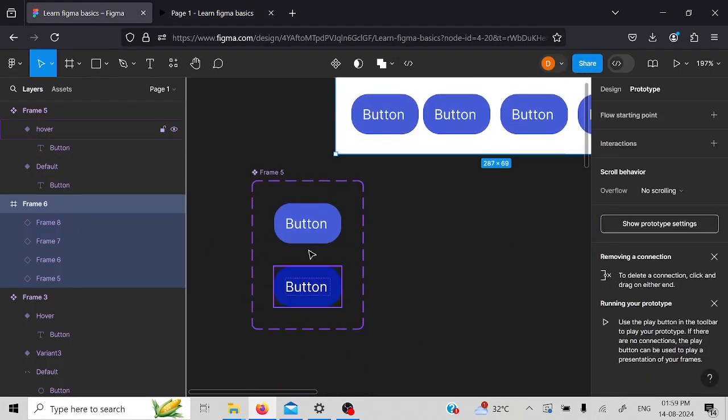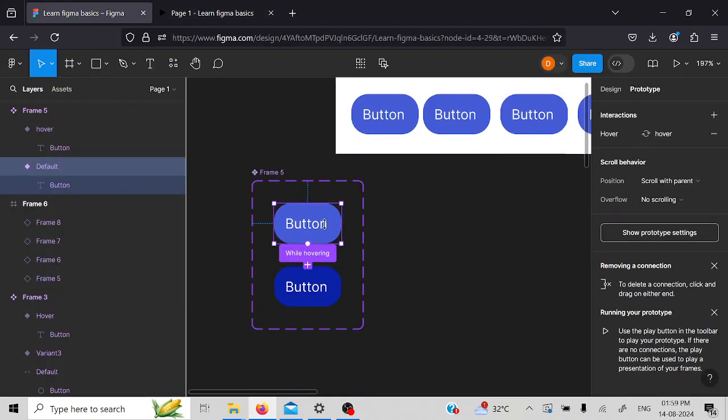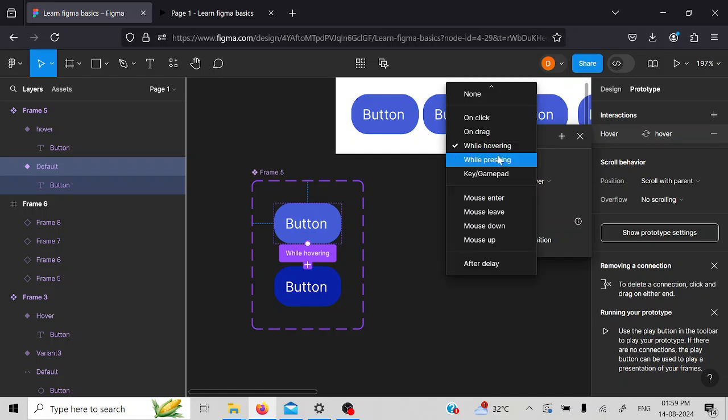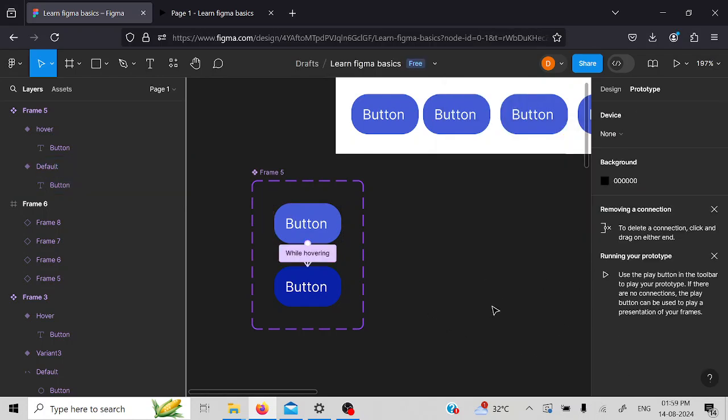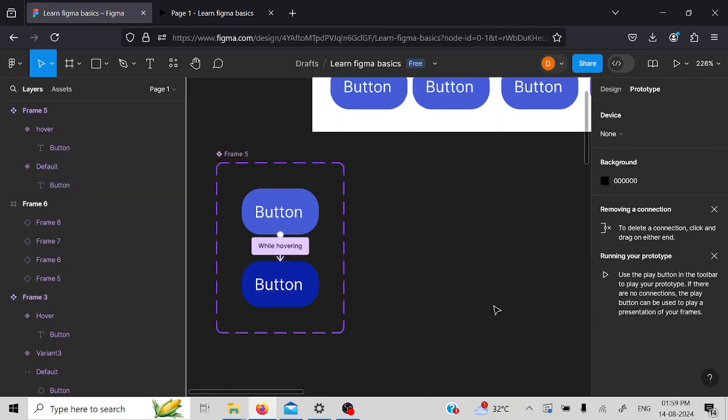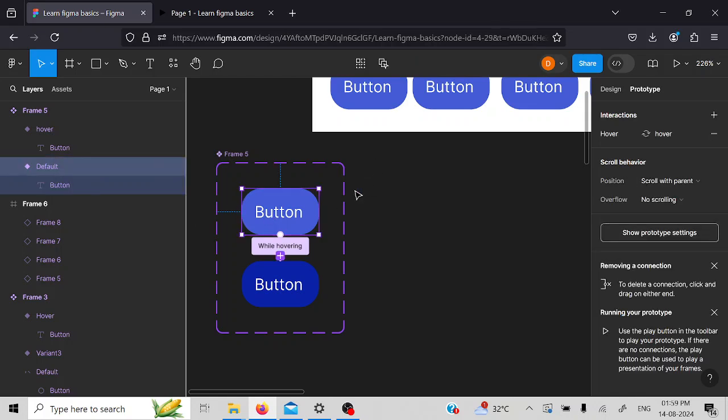You can do this for many different actions. You can do it when you're clicking on the button, on click, on drag, key, enter, mouse leave, mouse down. So based on the action that you want, you can change that. You can also add more variants to this. So I will go to design,